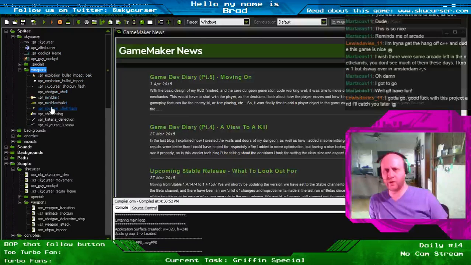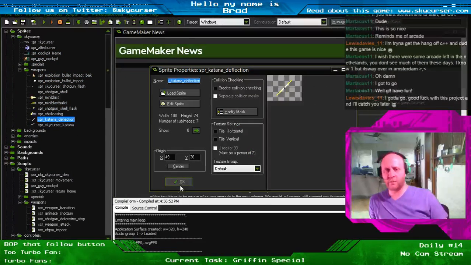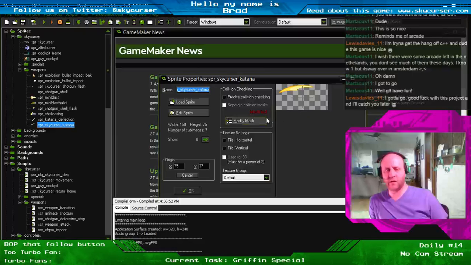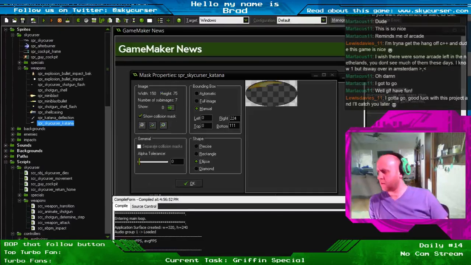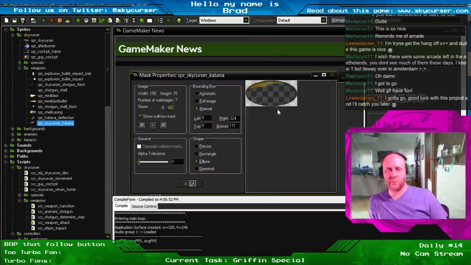So the weapons are here. The katana, I'm not trying to use that. The katana is here. The mask is basically this ellipse. I think you can see what I'm seeing. Let me make sure of it. Nope. Give me a second. I'll make sure you can see. Okay, so the katana hitbox is this ellipse right here, as opposed to being something like this where it's precise